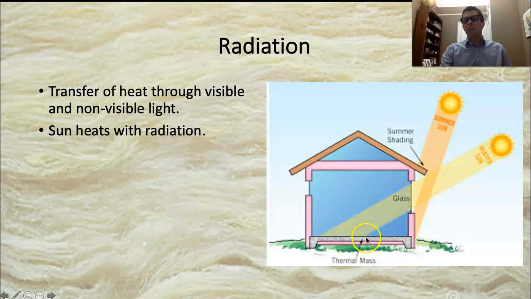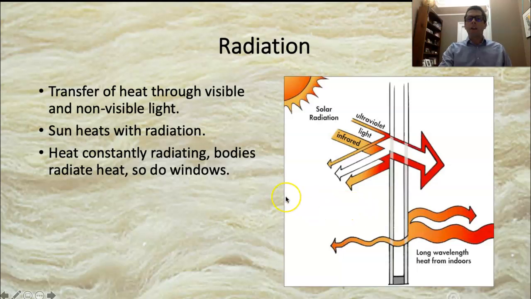And then this is pointing to thermal mass. So this house has a slab. The sun is heating up the slab with radiation, okay? Not like bad, like nuclear radiation, right? Just ultraviolet radiation, heat. And then this thermal mass heats up over the course of the day and then slowly releases heat overnight, okay? And so,